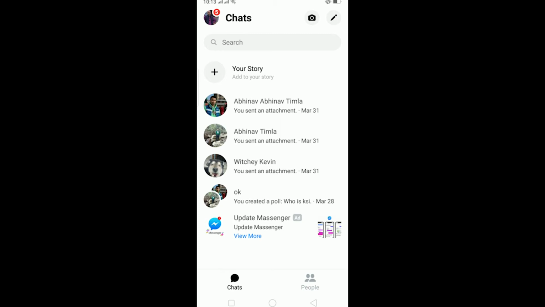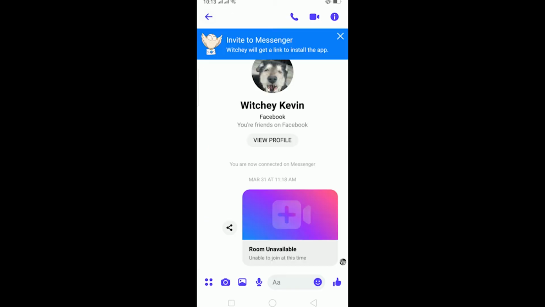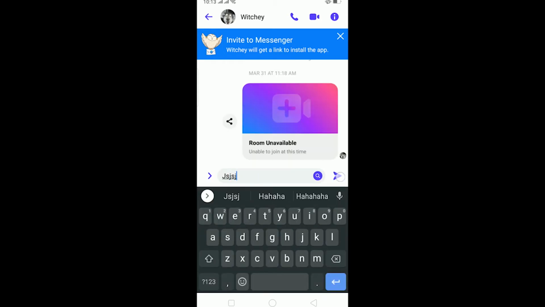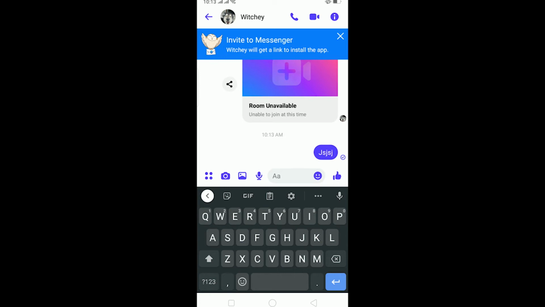So the way to fix this problem is pretty simple. First, take a screenshot of the problem. Let's say I go to Witchy Kevin. Right now I'm not facing this problem, but if you want to fix it, it's simple. Let's say I write whatever over here and send it to him. Over here it's going to show me sent, but if you're facing the problem, it's going to say